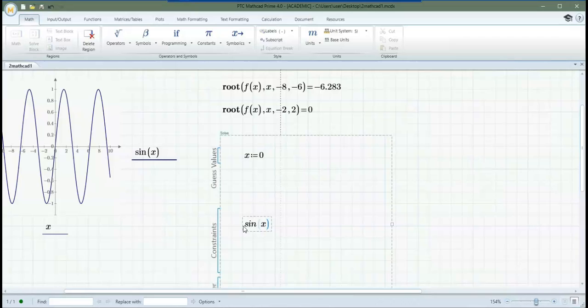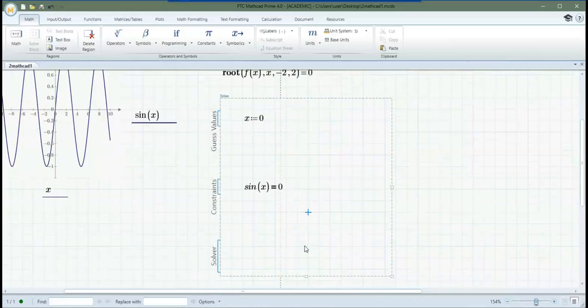And then here for the equal sign, you need to use the Boolean equal sign. So Control and equal sign. For constraints in a solve block, you always need to use this Boolean equal sign. Make sure it is only used for constraints, not for the guess values. So here I would like sine of x to be equal to 0, and now in front of solver type